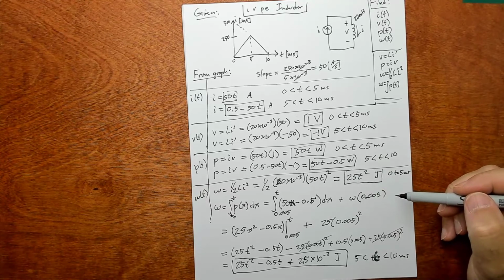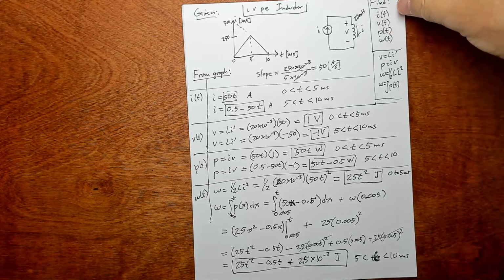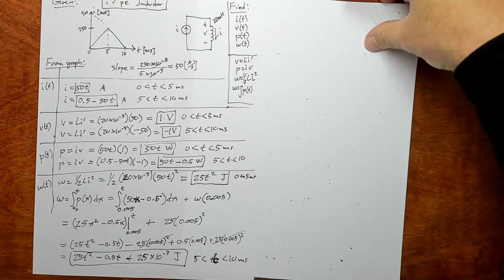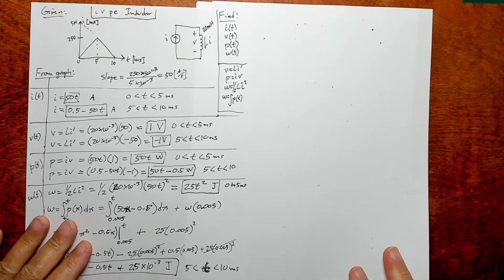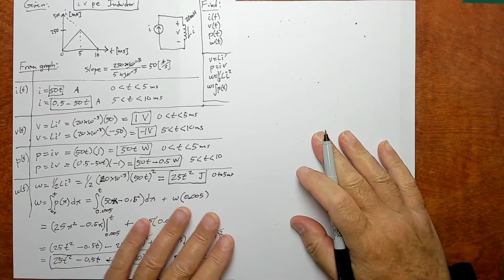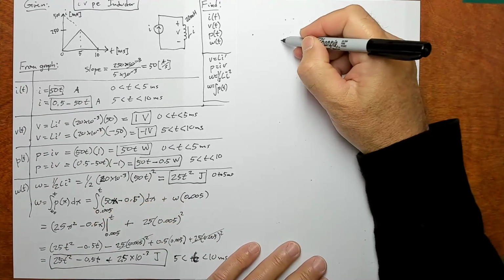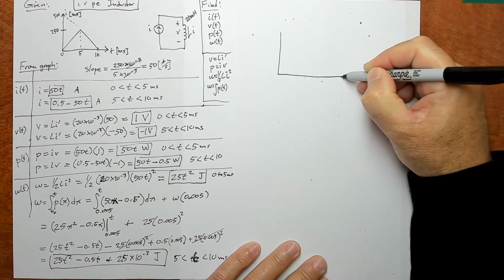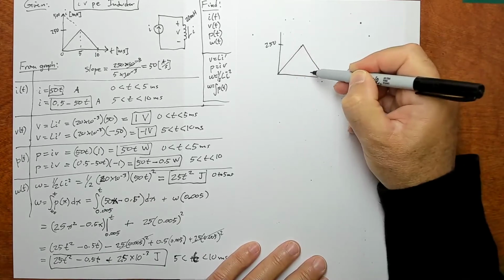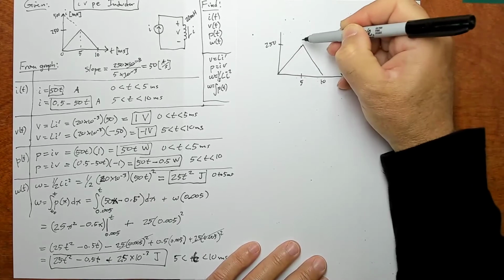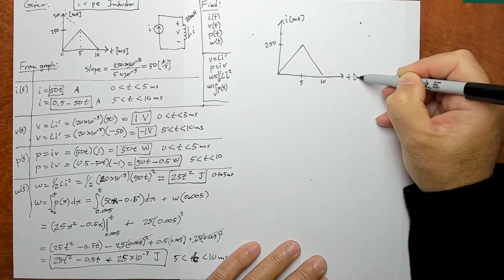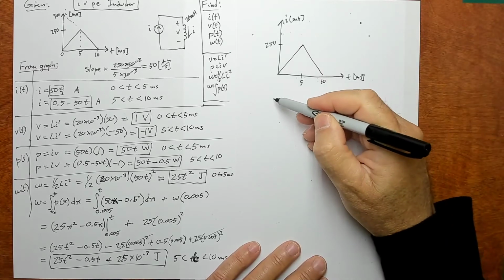Okay, a bit of a mess, but what does this look like if we graph all of this stuff? So just to compare these straight down vertically, I'm going to redraw this current graph. The current graph goes up like that, and then it comes down, and it's at 250 and 10, and this is 5. And this is I in milliamps and t in milliseconds. That was given. And then graphing this,